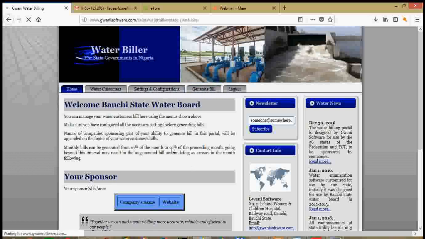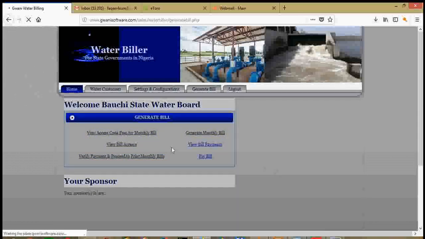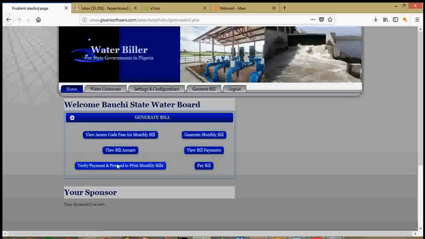Once you click, you wait. Other sub-menus are going to be shown for the generation of bill. Now these are the sub-menu for generating bill from the water billing system. Now in the menu we have bill access code fees for monthly bill, bill arrears, verify payment,